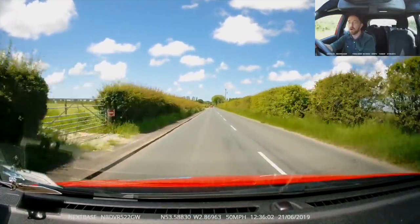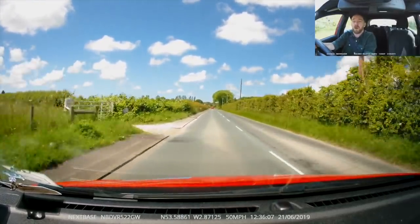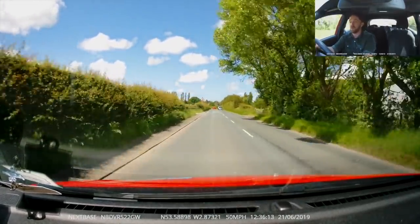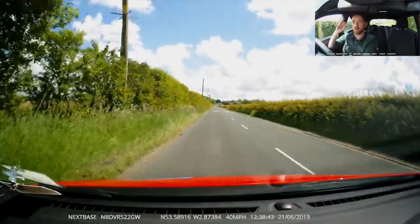If we don't, probably that car behind will get annoyed and try and overtake them. It's a situation that we can prevent. Could be dangerous with him overtaking. Now to windows up. Back now to this roundabout coming from Southport,